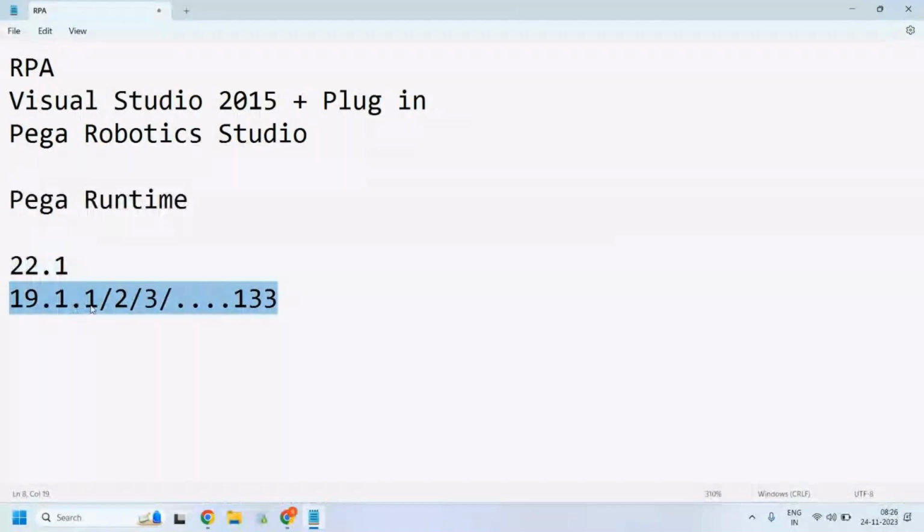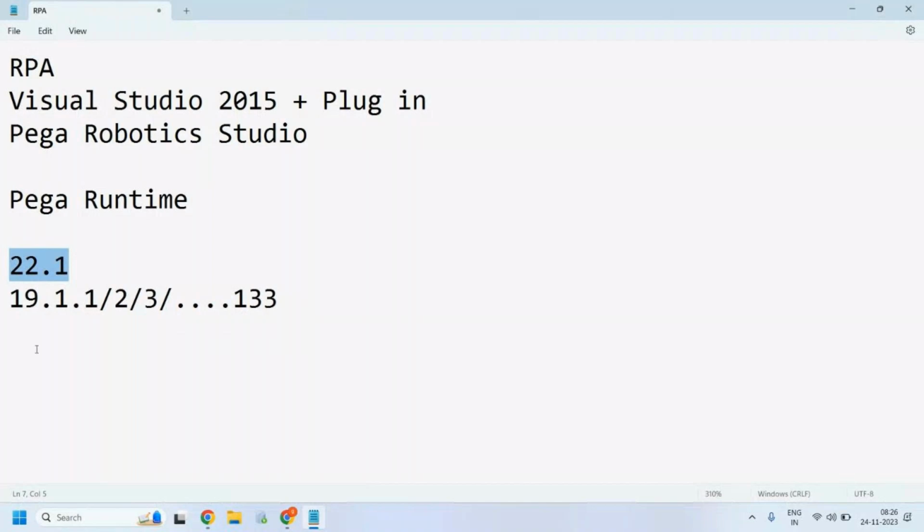Initially it started with version 8, from 8.8 to 19 and 19 to 21, and the current version is 21. The history of this Pega Robotics tool is that it is not a direct product from Pega. Pega has many products, but from version 8 only, this tool was purchased by Pega from the organization called OpenSpan.